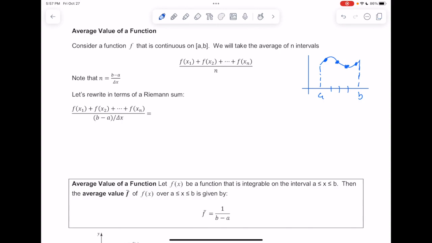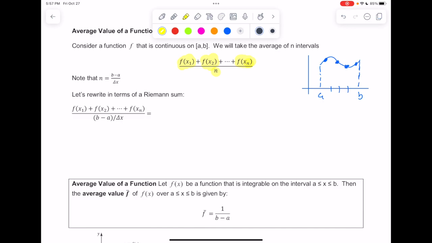So what we're looking at over here on the left is the same idea, but instead of breaking it up into just 4, we're going to break it up into n sections. So in each one of those sections, you'd figure out the height. So what's the height of a function? You take an x value and you plug it in and you get the height. Then do another one and keep doing that till you get all the way to the last one. There would be n heights, and the average would then come from dividing by n.